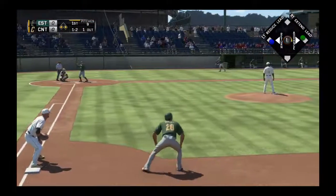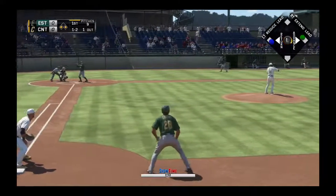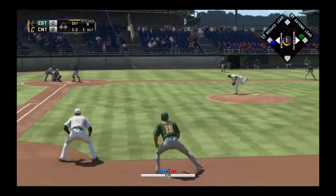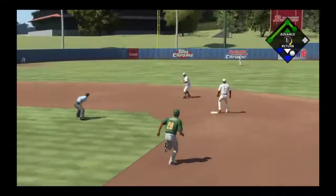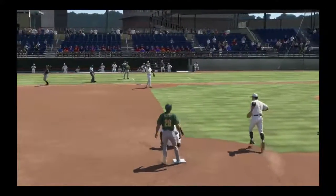Bobby Watkins steps up to the plate with a great chance to drive in a run here in the early going. 1-2, here it comes. On the ground to short, this could be two. The second for one. On to first, and he really paid the price at second base, but it's a...